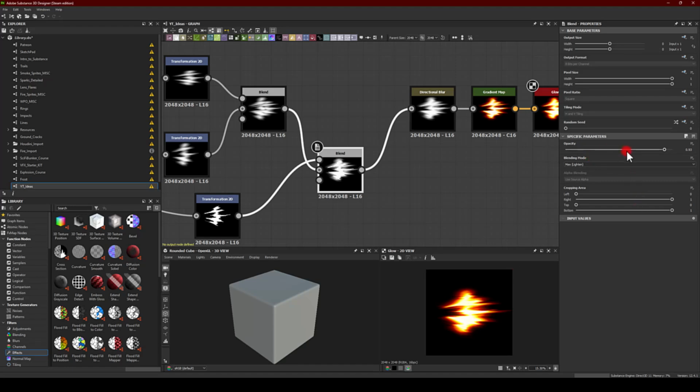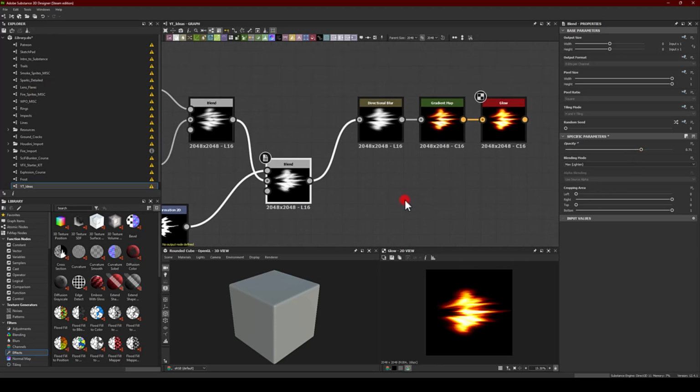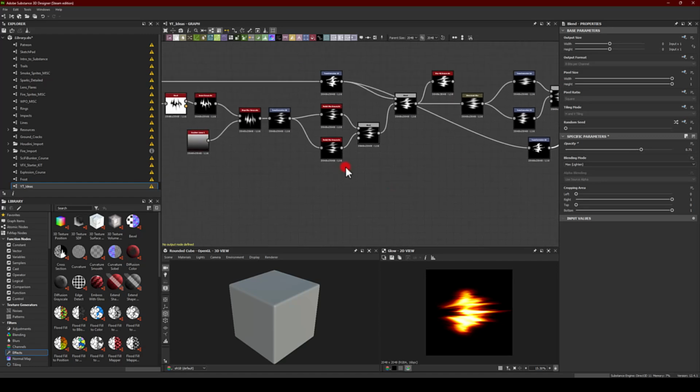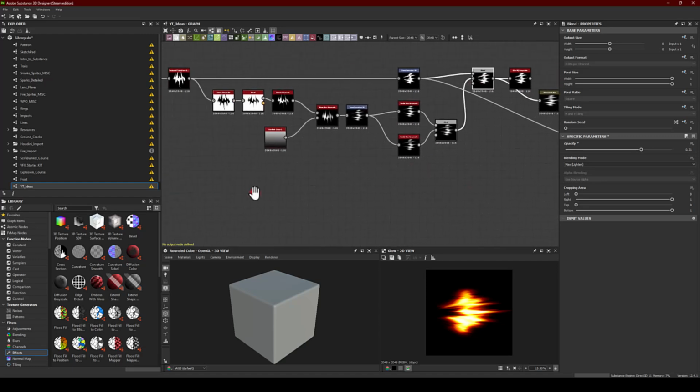If it's too strong, you can play with the opacity. Depends really on what you want. I kind of like this. I like the breaks in between, and that could work. If you want to actually play with that shape and try to get something that looks better,